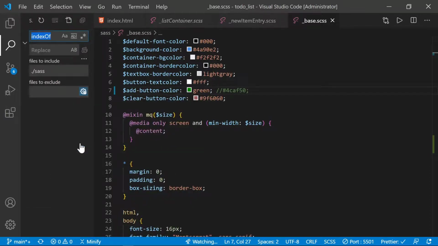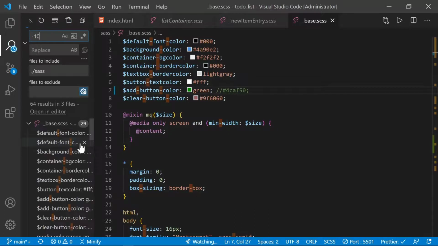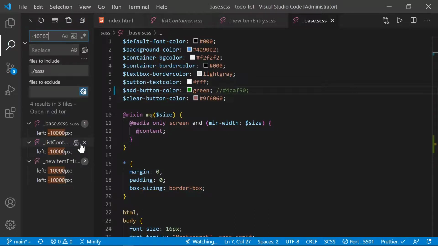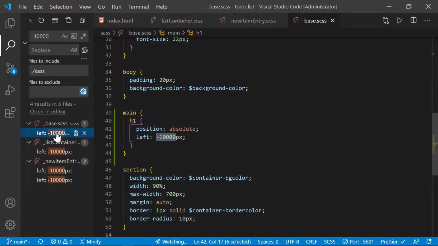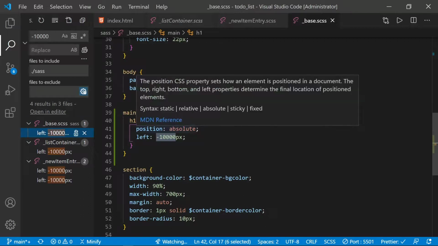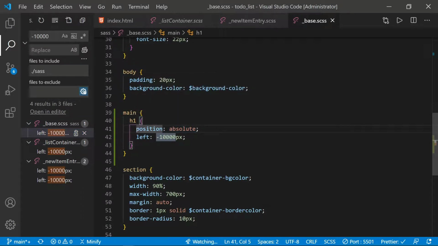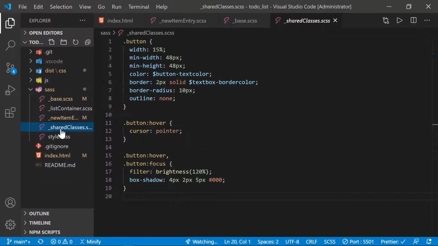And we're going to search for minus 10,000. So there we see all of the different places we have it. We have it in 3 different files. I'll just go to the base file first, and we have this position absolute left minus 10,000. So I'll copy that, and then we will go to our shared classes partial,